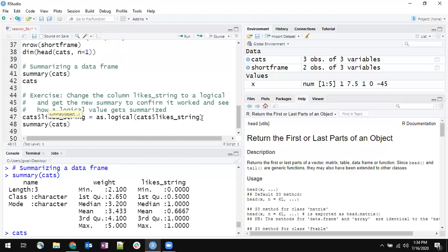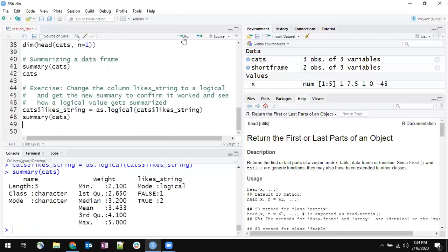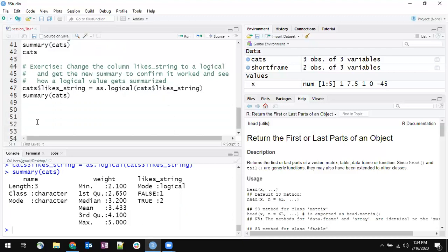Summary of cats. When we run that, we can see that like string has been converted to a logical, and then we get the count of how many are false and how many are true. So that's just a refresher on how to update a column, but also how we get the summary of our logical values. We get the counts of how many are true and how many are false. Anyone have a question on this? Okay. Well, this is a good segue into the next step that we're going to be talking about, which is